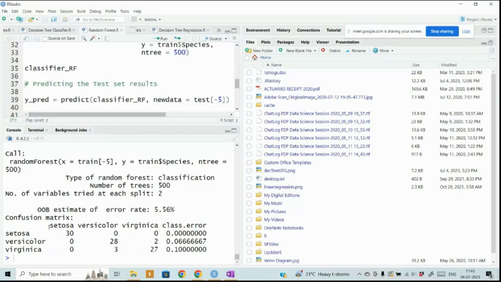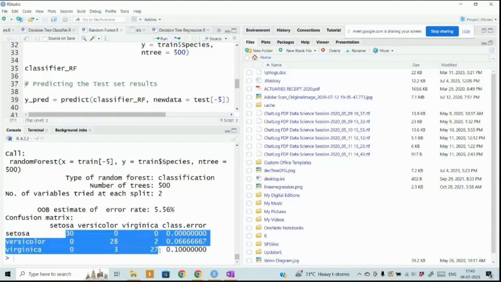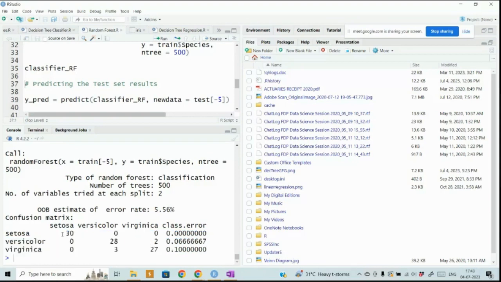Confusion matrix. It is giving you the confusion matrix. See what it is doing. There are 30 setosa, and all 30 setosa have been classified correctly without any error. So there is zero error. In our model, 30 setosa have been classified as they are, and 28 versicolor have